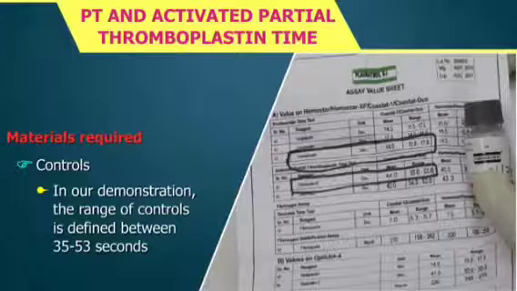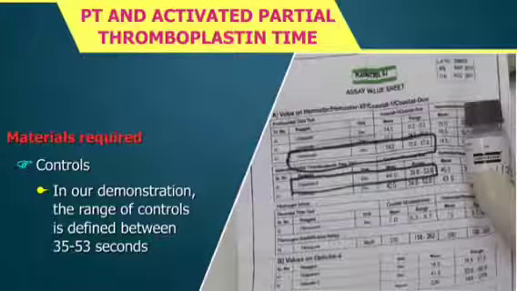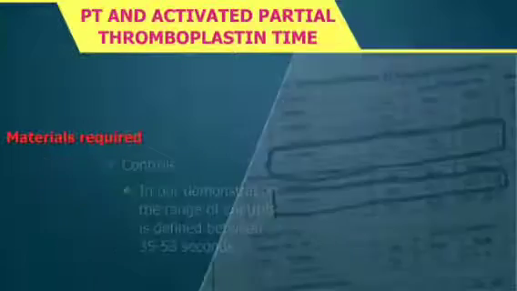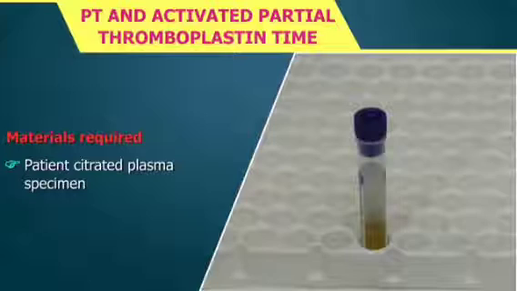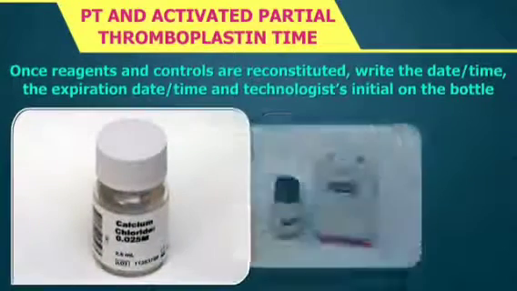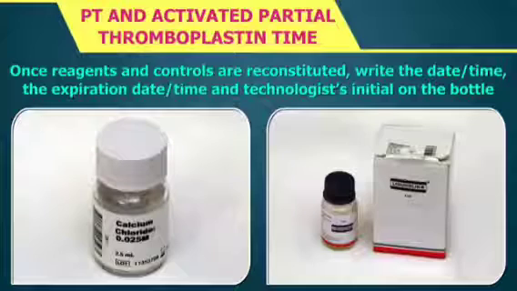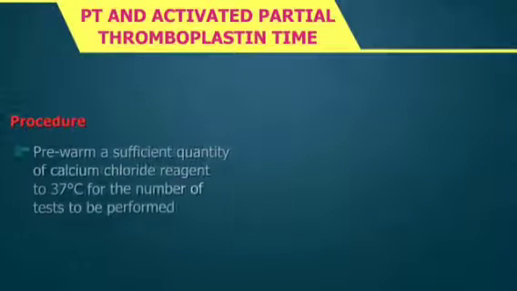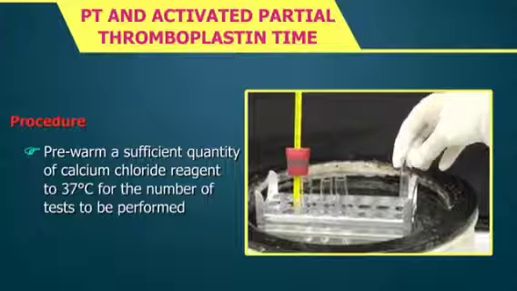Controls. In our demonstration, the range of controls is defined between 35 to 53 seconds. 11. Patient's citrated plasma specimen. Once the reagents and controls are reconstituted, write the date, time, the expiration date, time, and technologist's initials on the bottle. Procedure. 1. Pre-warm a sufficient quantity of calcium chloride reagent to 37 degrees Celsius for the number of tests